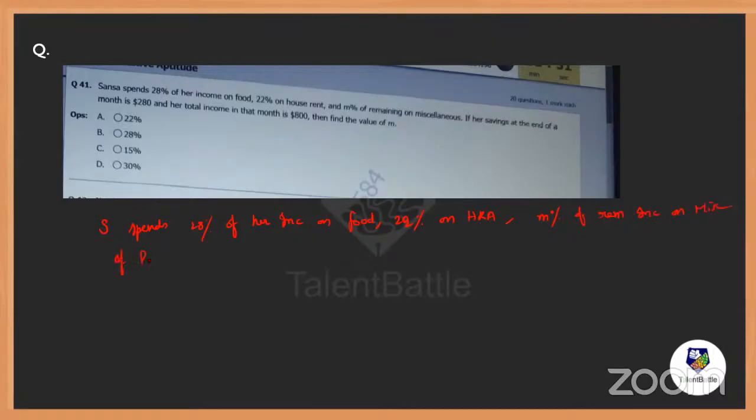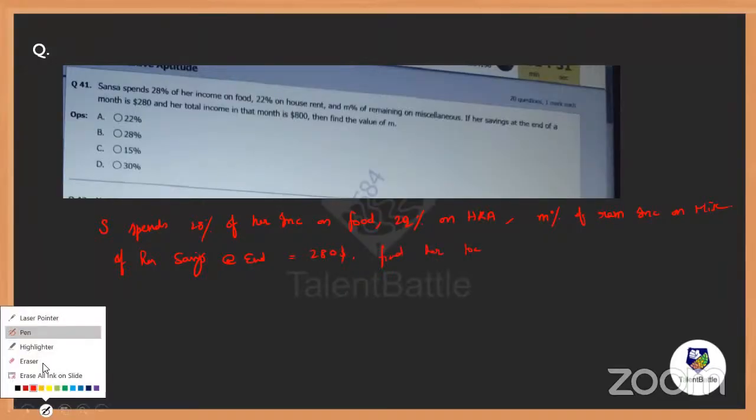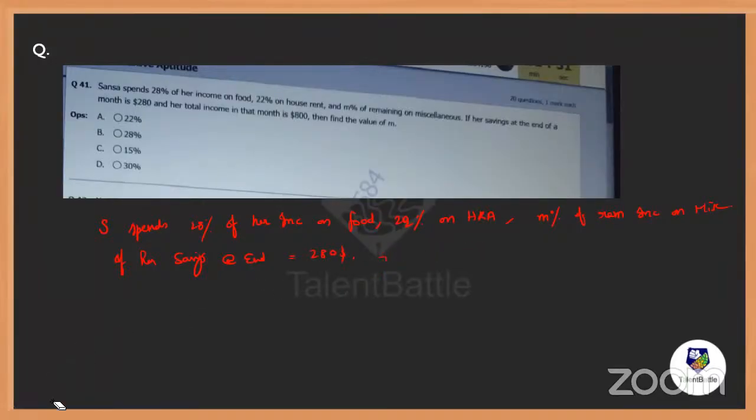Now, if her savings at the end of a month is $280, find... I'm sorry, not find her total income. If her income per month is $800, find the value of M, everybody. Find M. So M is here. Now others, is the question clear now, everybody?